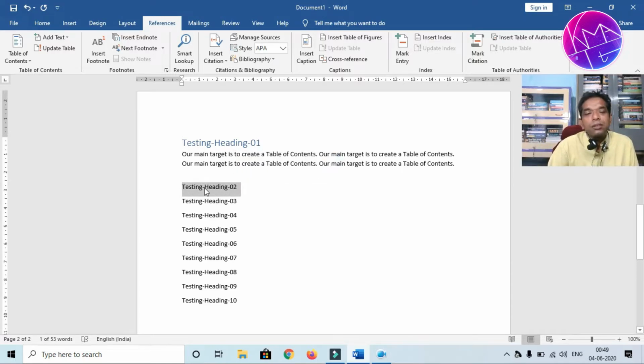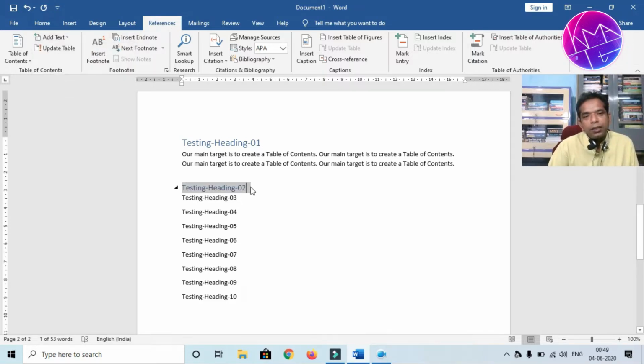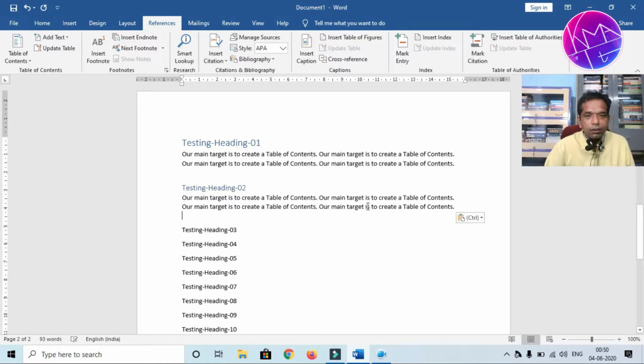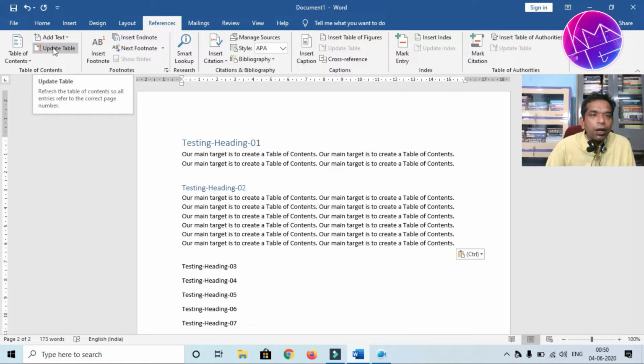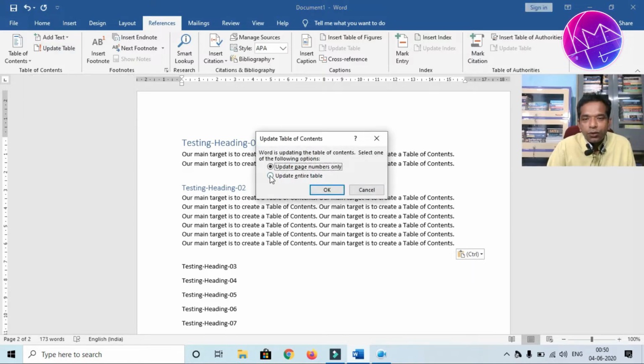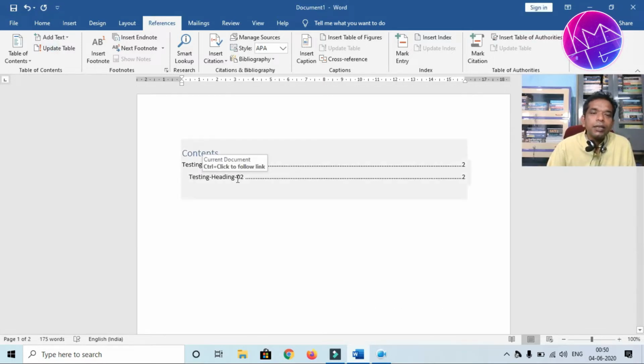So first select this one, then go to add text option, click on level 2. Now if we add something here, we will have to update the table. Again choose the second option, update entire table, then click on OK, and here you can see the second item added under the first one.